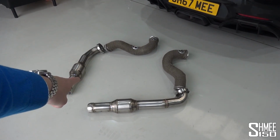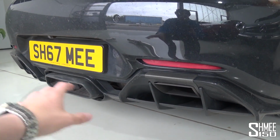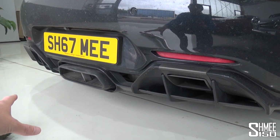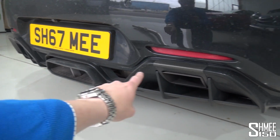I'll talk you through those parts in just a second. But the first thing I want to touch on is the exhaust system on the AMG GT R. Now, I alluded to this a little bit earlier. It's slightly deceptive. Everybody sees those central twin pipe exits in the middle, but what they don't necessarily notice is